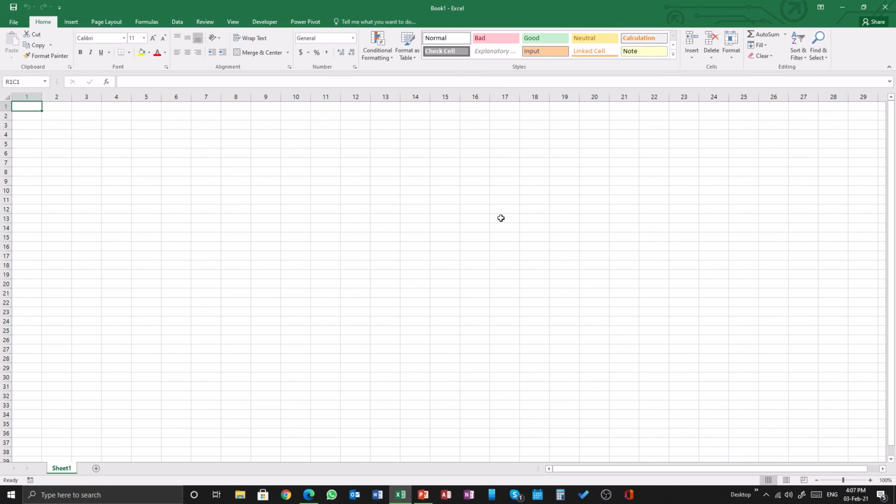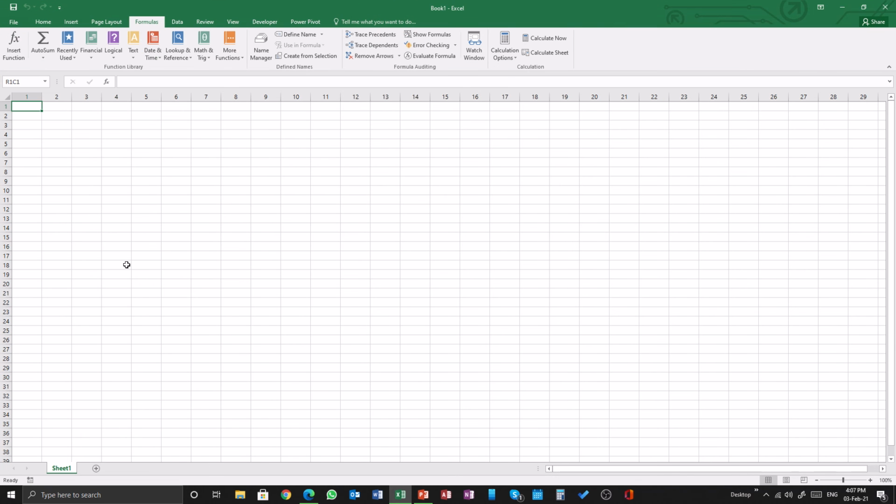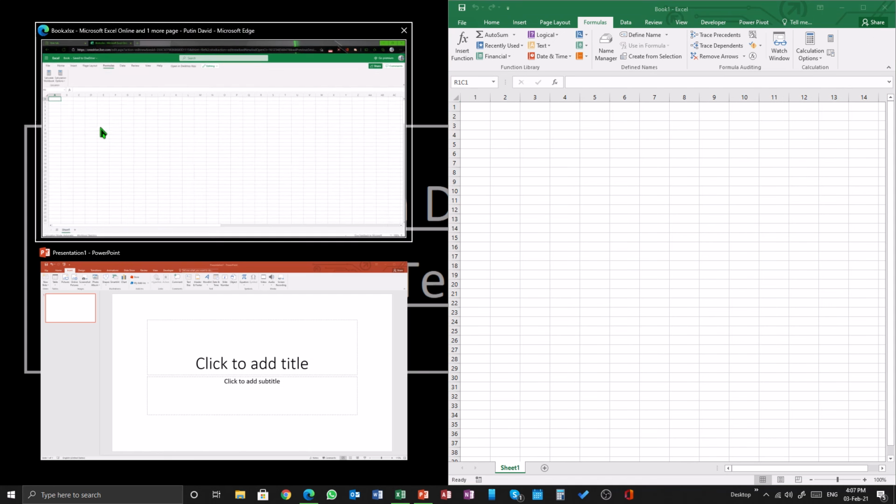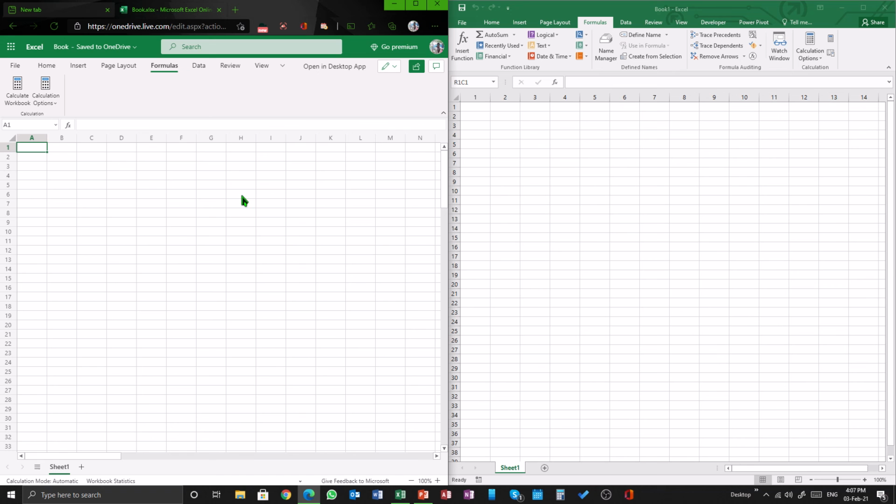So I'll just show a comparison of this formulas tab alone. I'll just make it to the right side and pin it to the left side. This left side is the online version, and the right side is the desktop version of, I mean, Excel. You can see insert function, auto sum, recently used, financial, logical, text, date and time, and many other features over here. But here you have only calculation options, calculate workbook, and very few